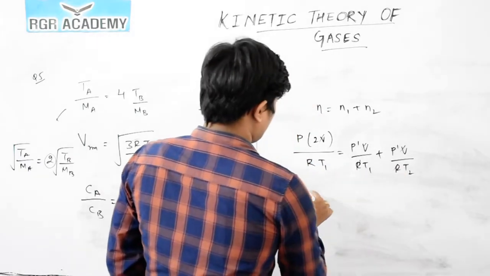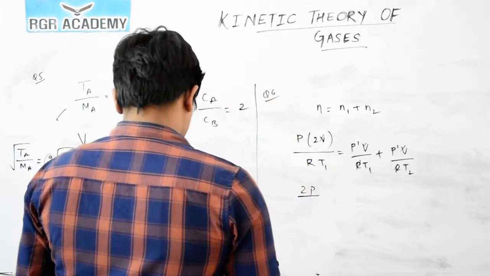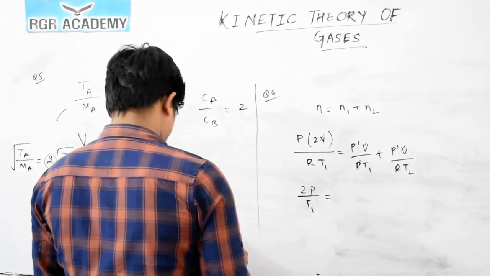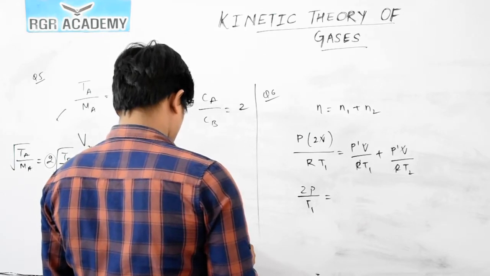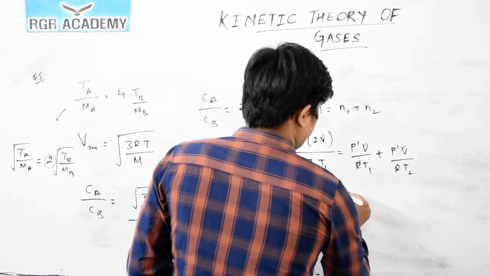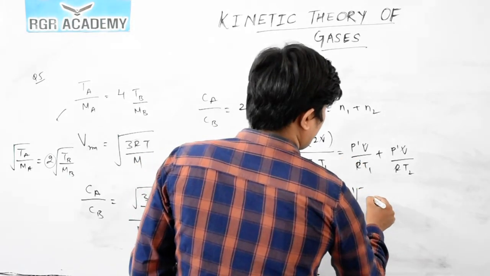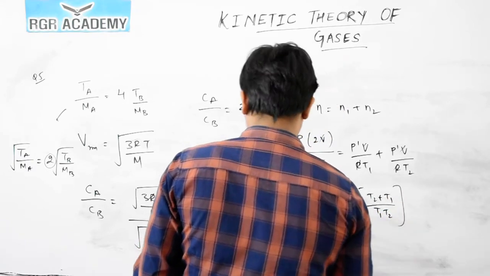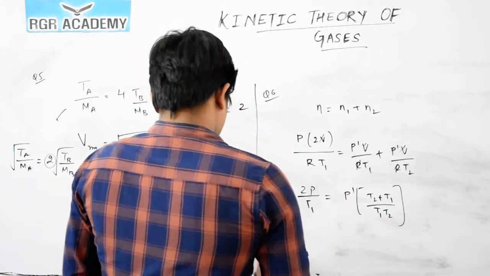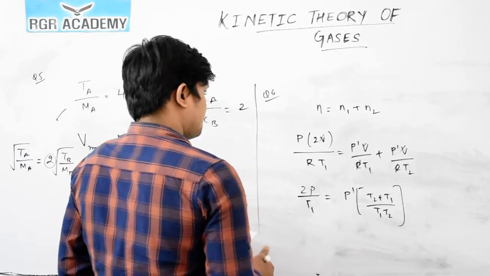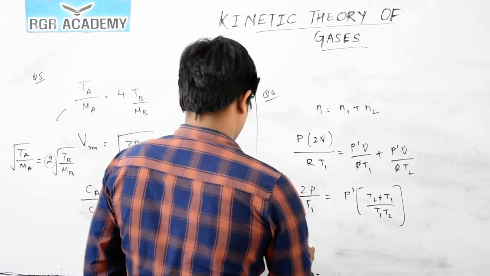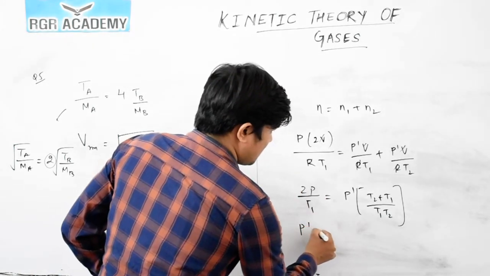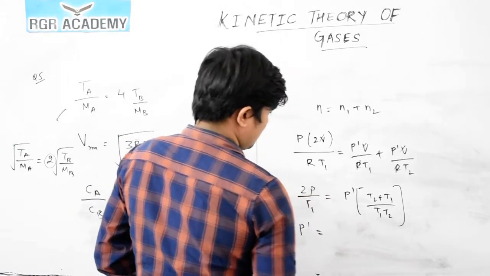So what you will get? 2P by T1 will be equal to P dash, I can take common, so this will be equal to (T2 plus T1) divided by (T1 into T2), like this you will get. So now we can replace the values here. So P dash we have to write down, P dash, T1 will cancel out, so P dash will be equal to